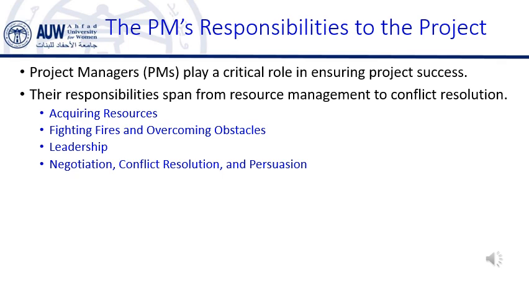Example. Imagine that during the production of a new product, the team faces a sudden delay in the supply chain. The PM must act fast to find an alternative supplier, renegotiate delivery timelines, or adjust the project schedule to accommodate the delay. If the PM doesn't respond quickly, this issue could cause a delay in the product's launch, affecting the project's success. This responsibility connects to the earlier topics we discussed on problem solving and time management. The PM must stay calm, think quickly, and implement solutions to ensure the project remains on track.